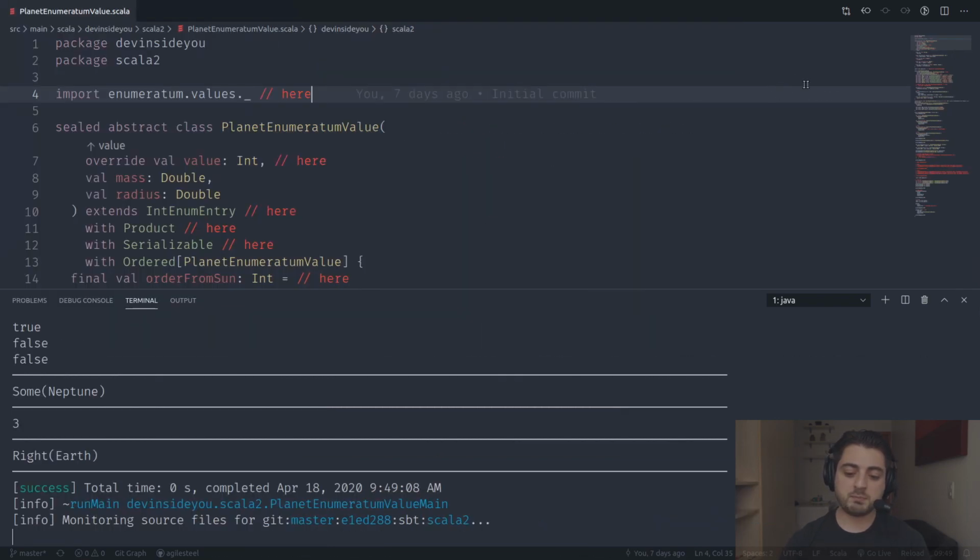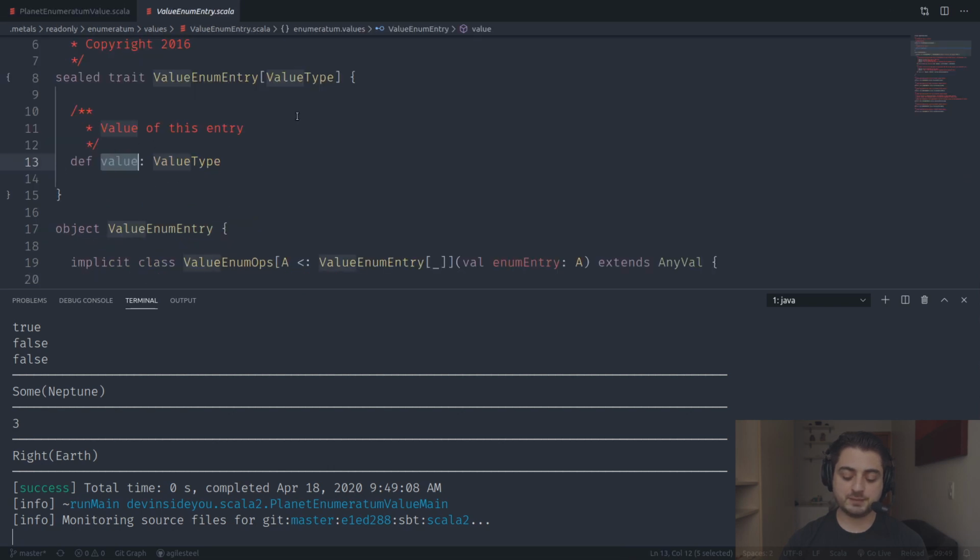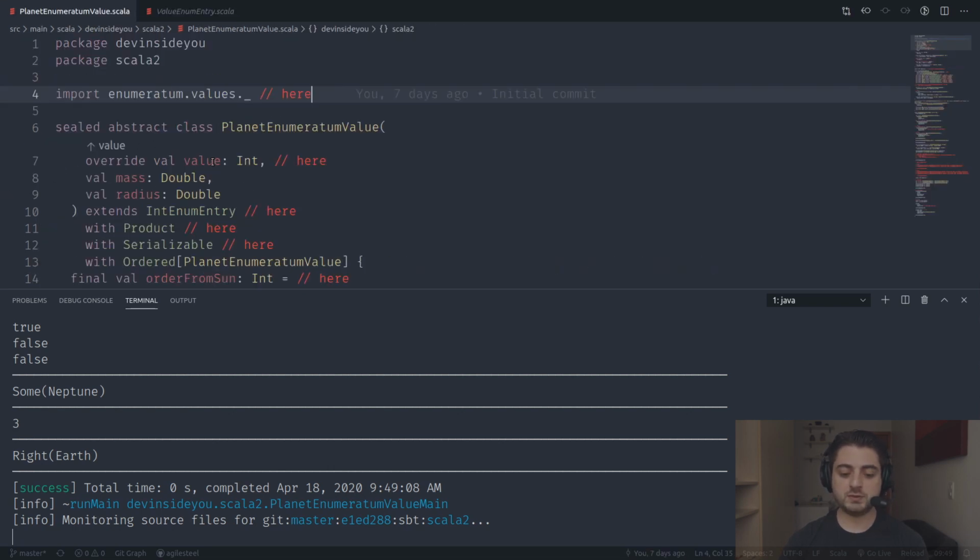All right, so I marked all the places which are different. So this is the first thing that is different. We're having a different import. We're not importing enumeratum, we're importing enumeratum values. Okay, the rest looks very similar, but we're forced to override a value. And as you can see, metals came out recently. Was this thing that allows me to jump to the parent, which is over here. All right. It forces you to